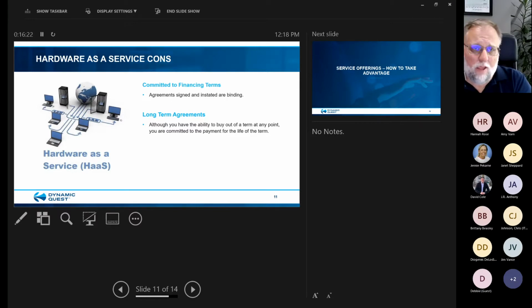Some clients will let you buy it. Some MSPs will let you buy it. Some won't. And typically the agreements are long term. If you're signing on for a server, it's usually a 5-year term. If it's for workstations, it's a 4-year term. So the term agreements are typically a little bit longer, and they really need to be, because number one, you're not going to necessarily need to refresh them as quick, but at the same time, it makes it more worthwhile, because it keeps your payments in line, so you don't have a super high monthly payment to pay back that hardware.